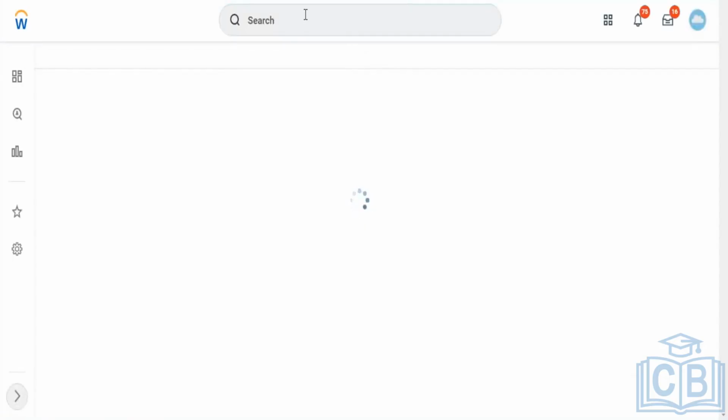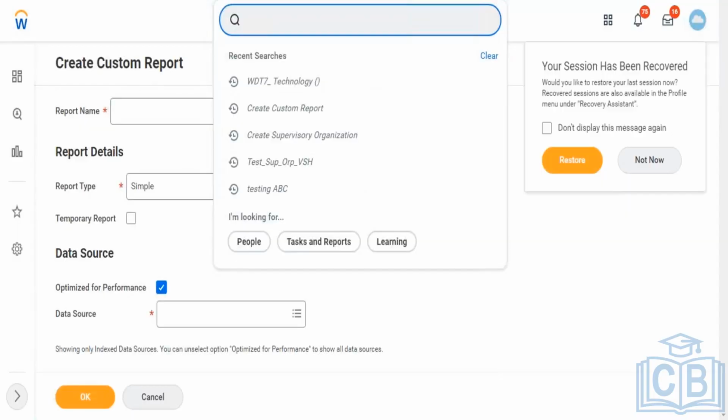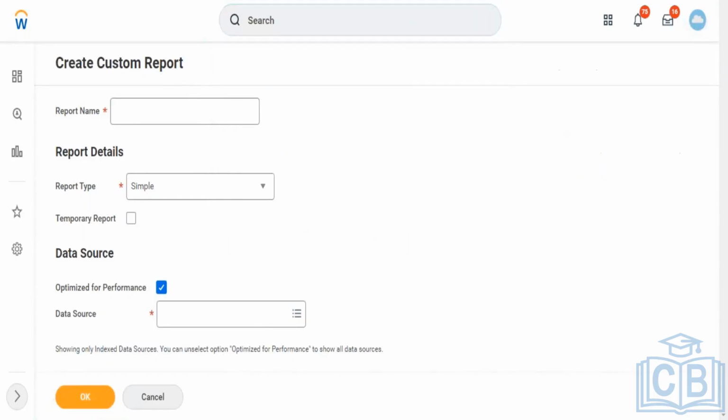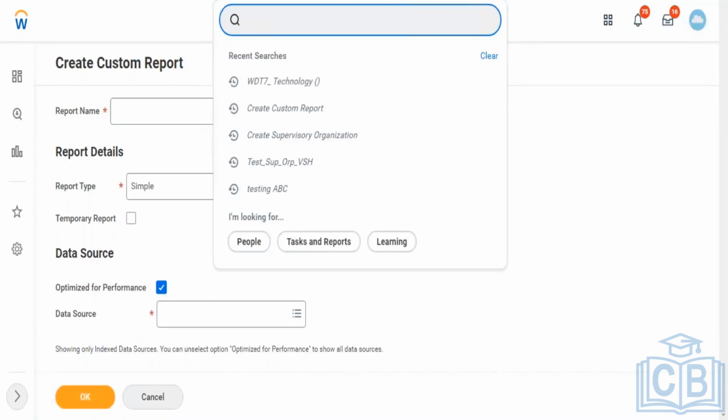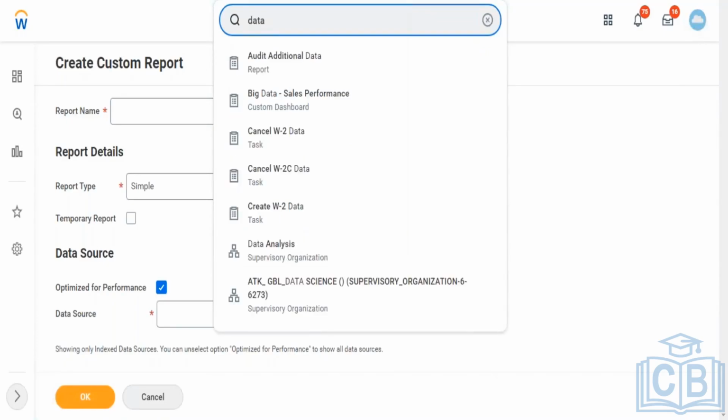Now, since you are new to Workday reporting, you will not know. If someone asks you to create a report on learning enrollments, you will not know what fields you need to select and what fields are available in that particular source. The first thing you need to know is which data source you want to pick. After picking your data source,